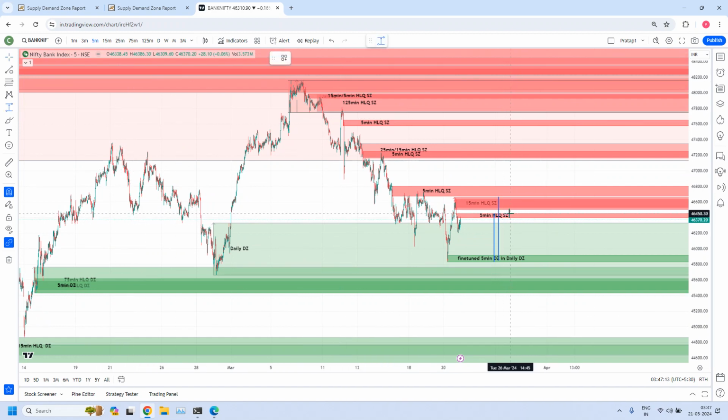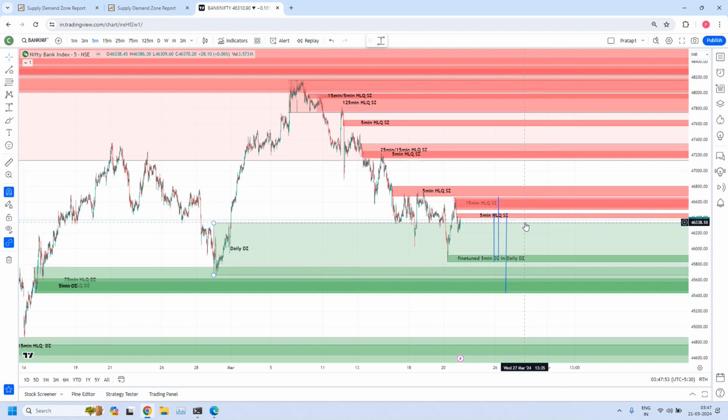Assume this 5 minutes HLQ zone is valid, but this is, oh my God, making mistakes. This could be the new range, because these are the high liquidity zones. But this 5 minutes HLQ zone is strongly holding for several days. If this is also violated, it might support. But anyway, it's all depending on the order flow, tomorrow's order flow.